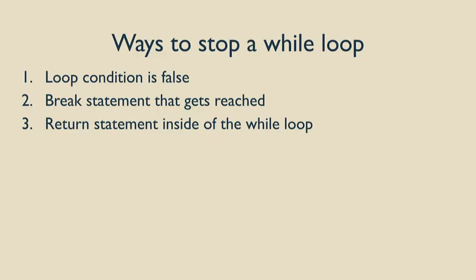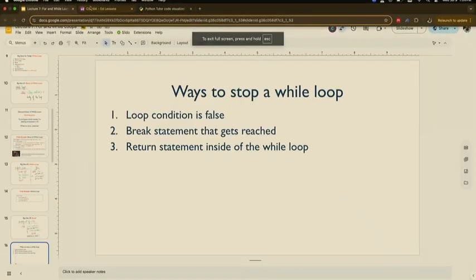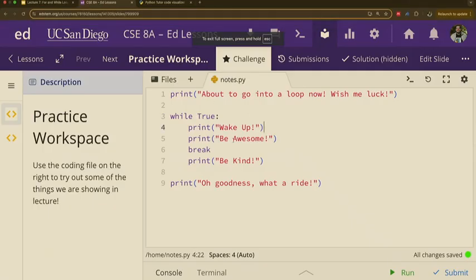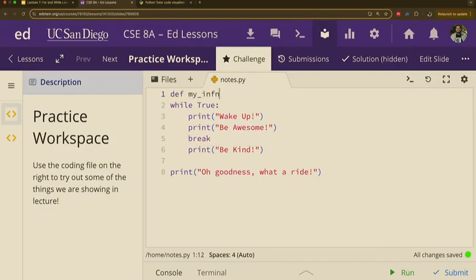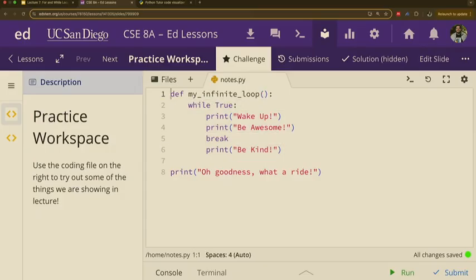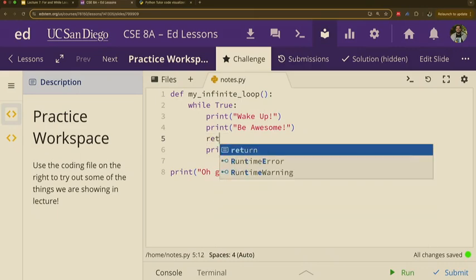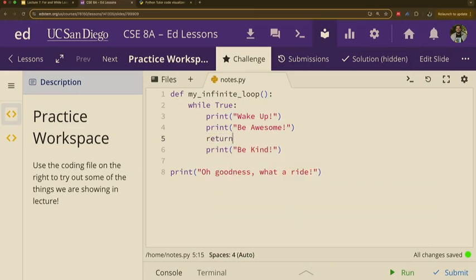The last thing that can happen is if there's a return statement inside of the while loop. So let's assume that you have this while loop inside of a function. Let's write it right now. Okay? So let's say you have this function right here, def my infinite loop. Right? We have all this together. But now let's return right here.